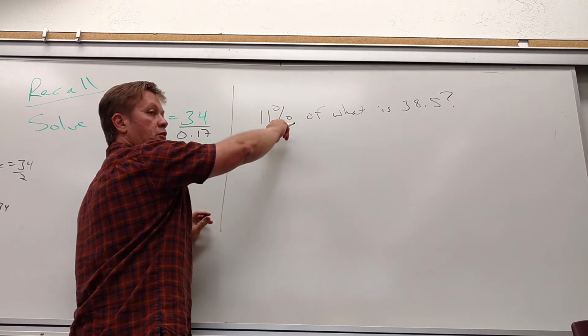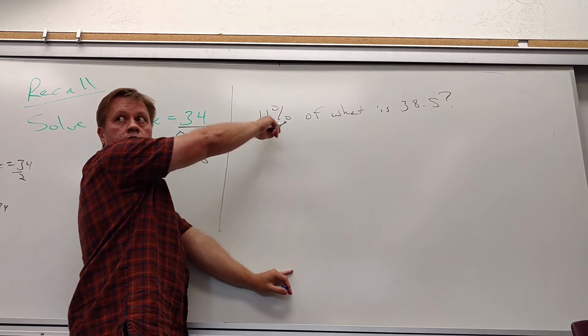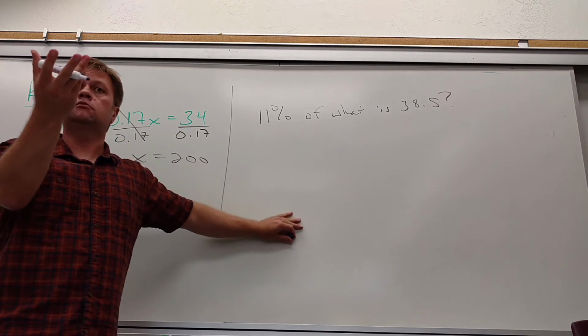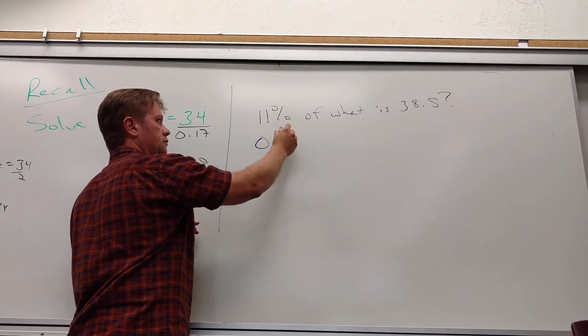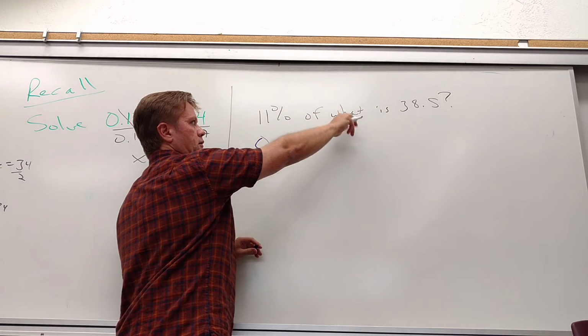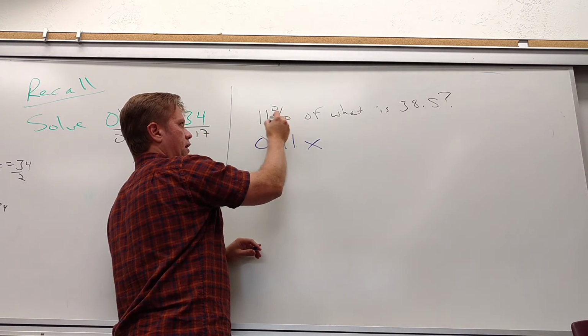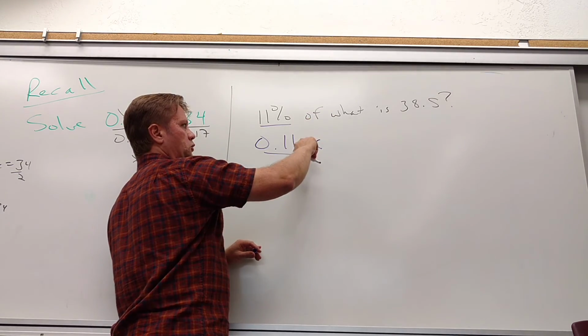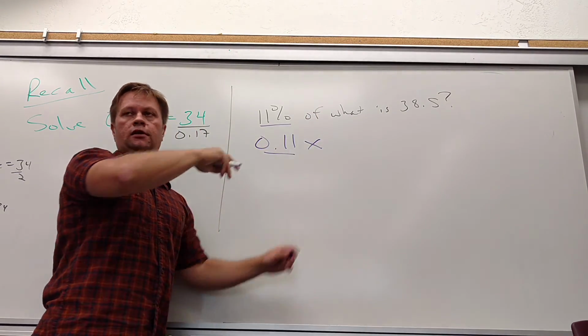And how do I write 11%? 0.11. Of, you said, means times. Times X. I like it. So 11% of means multiply. What? I don't know, so put X. Is